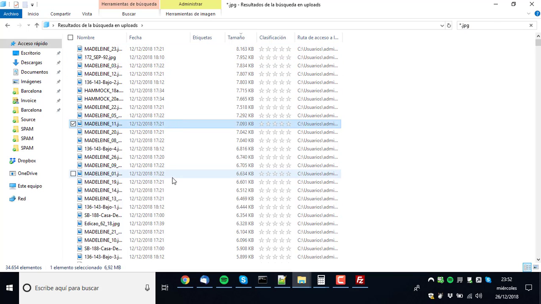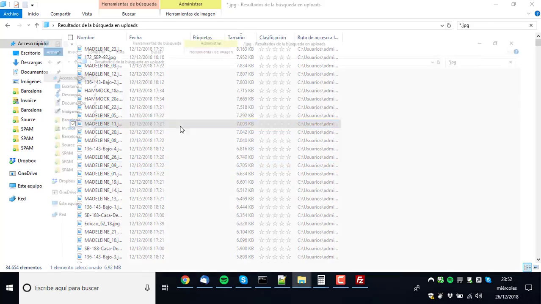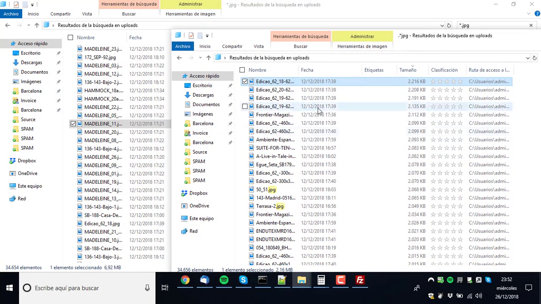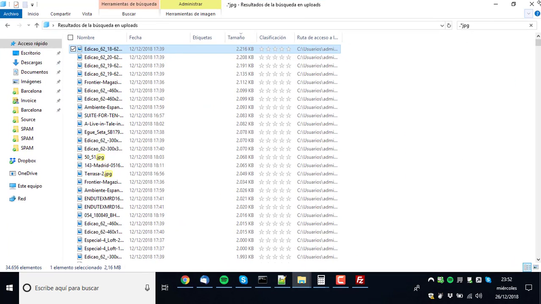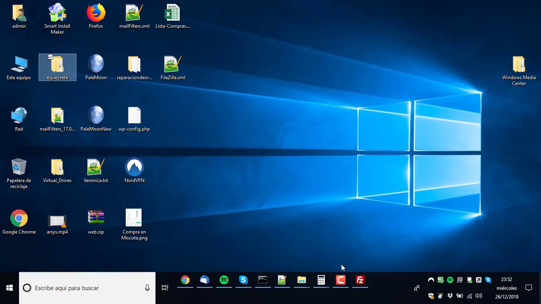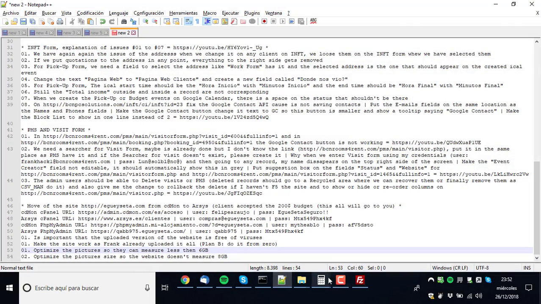Now I think, yeah. Well, here as you can see, this is the biggest that I edited, and this is what is uploaded right now on the website. On the JPGs, the biggest size is 2 megas, and in this case the bigger size is 8 megas. So I already optimized it, but it's not enough. The website is still big. So optimize that, please.